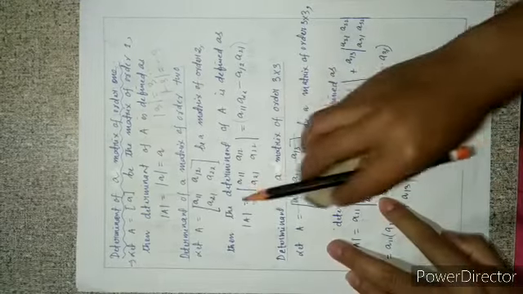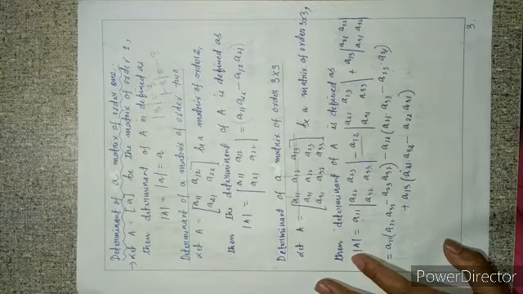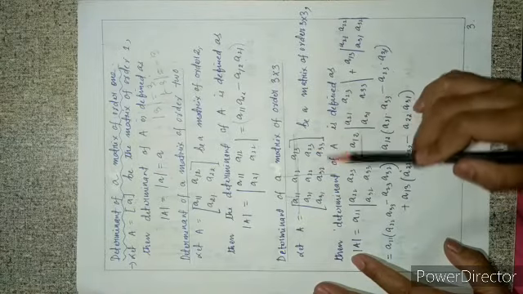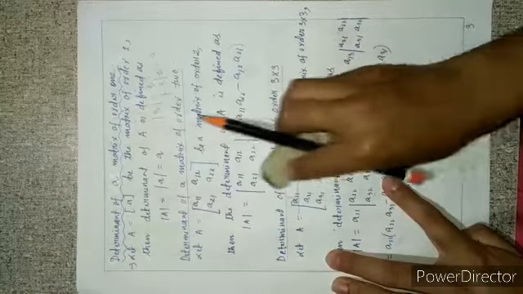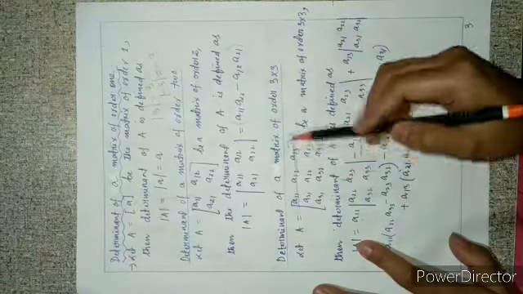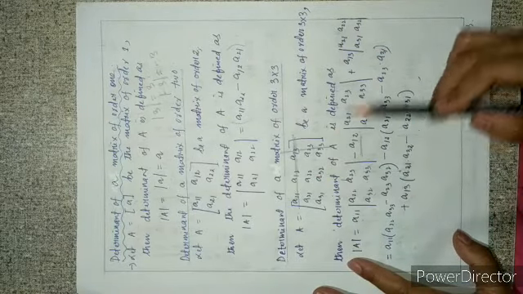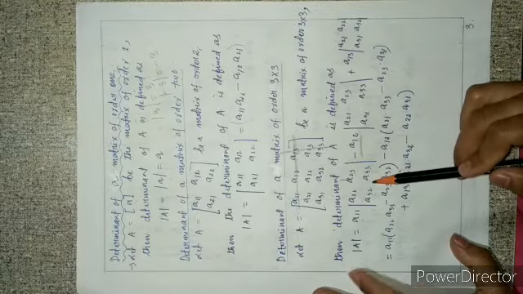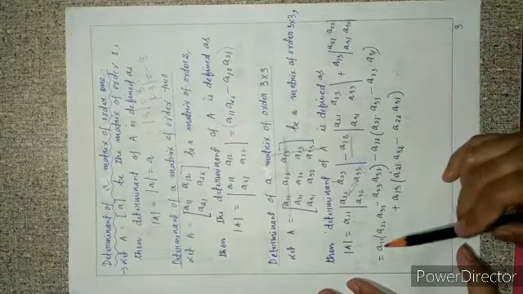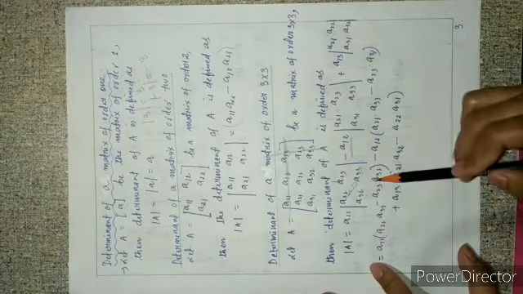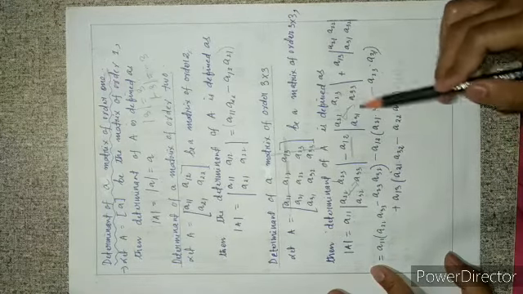a12, the second element, then write the determinant obtained by deleting the first row and second column: a21, a23, a31, a33. Plus, then write the last element a13. In this case, write the determinant obtained by deleting the first row and third column. The remaining elements are a21, a22, a31 and a32. Then expand the determinants of order 2: product of diagonal elements minus the product of the remaining two elements. So a11 into (a22 a33 minus a23 a32) minus a12 into (a21 a33 minus a23 a31) plus